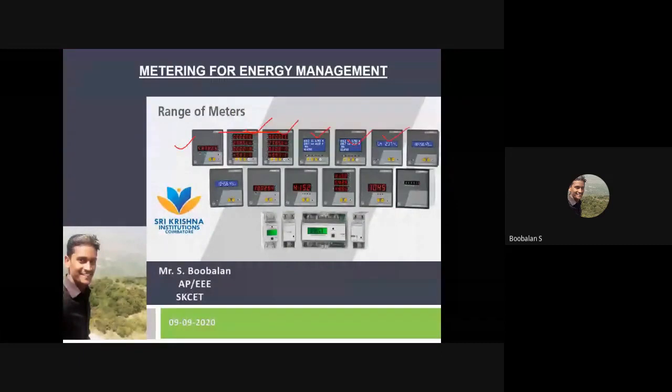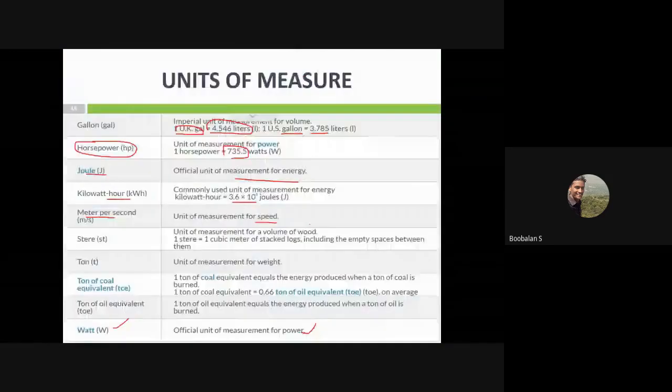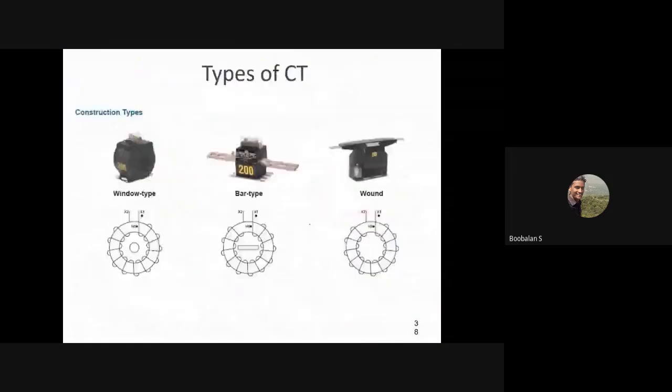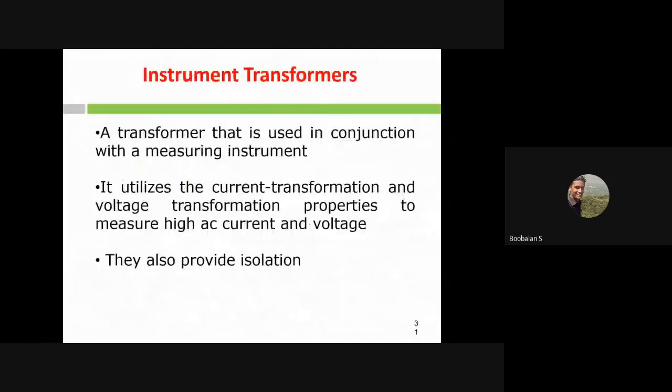So these are the only meters. For example, in low voltage it will be very easy, low voltage lines, right? So 230 volt, 440 volt, it's not an issue. You could have a small metering system, like digital meters. You could easily connect it in parallel or series in such a way that you could measure voltage and current and energy. But in a high tension line like 220 kV or 22 kV or 11 kV or 66